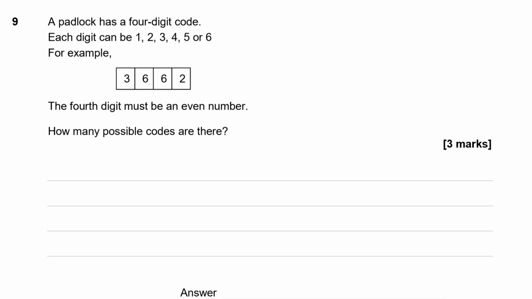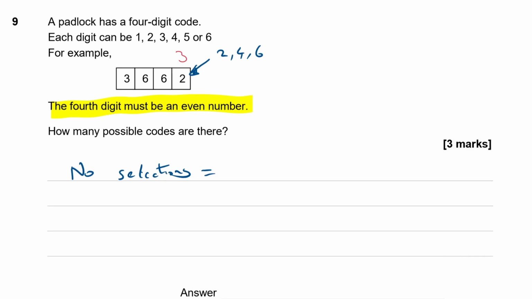Now, when you've got selections like this, the number of selections you can find by working out each of the selections and multiplying them together. I normally start with the restrictions first. So let's think about the restrictions in this problem. We're told that the 4th digit must be even. Okay, so it can be a 1, 2, 3, 4, 5, or 6, except for this digit at the end. That can only be a 2, a 4, or a 6. So that means we've got 3 choices